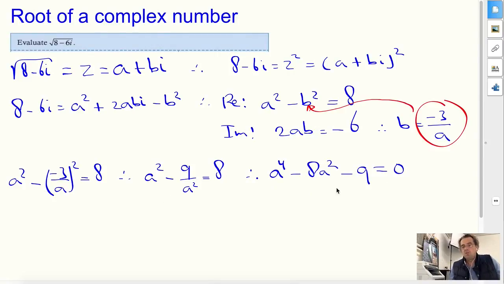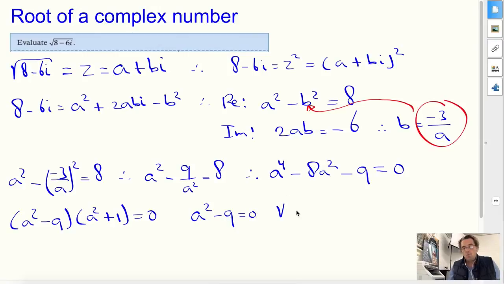So now this equation, this is the same equation, but it looks more like a quadratic now. A quadratic in a squared. I can actually factorize this, and I can say, that's (a squared take 9) times (a squared plus 1) equals 0. Just factorizing that equation. Use the null factor law, so a squared take 9 is 0, or a squared plus 1 is 0. This one leads to a being positive or -3, and that one leads to a squared being -1, and